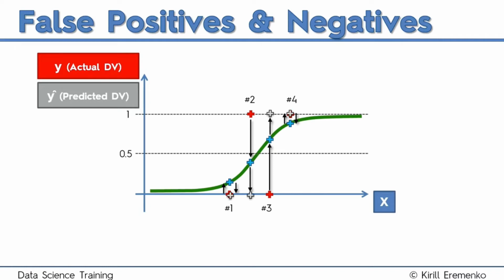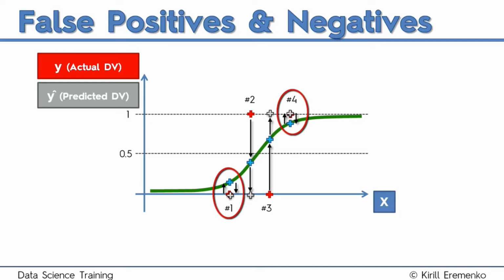There we go. In gray, we have our projections, our predicted values. So y hat is in gray. And it's very interesting to see both y and y hat on one chart. That means what actually happened is in red, and what we predicted was going to happen is in gray. And right away, you can see that for observations number 1 and number 4, so for those people